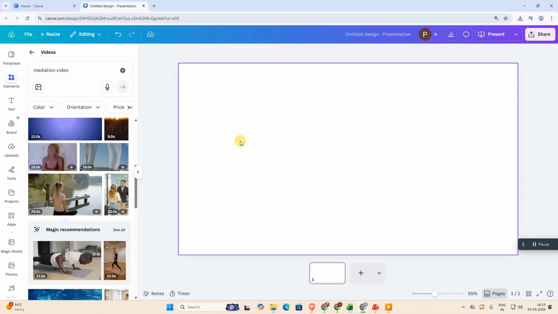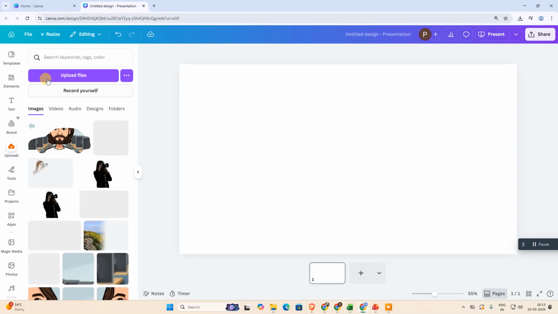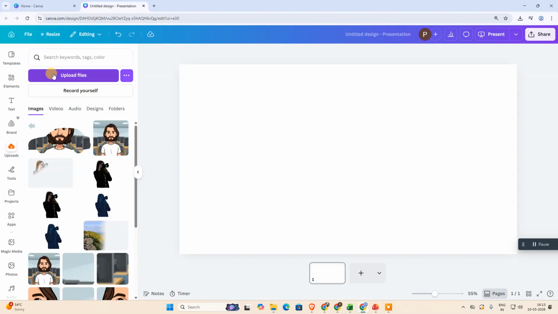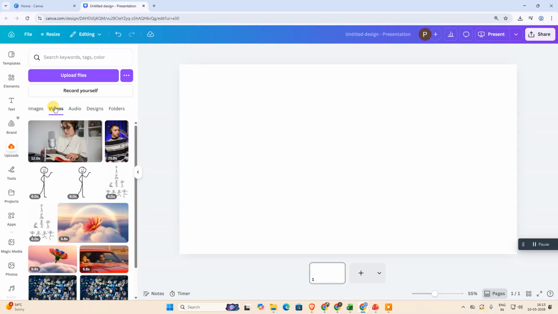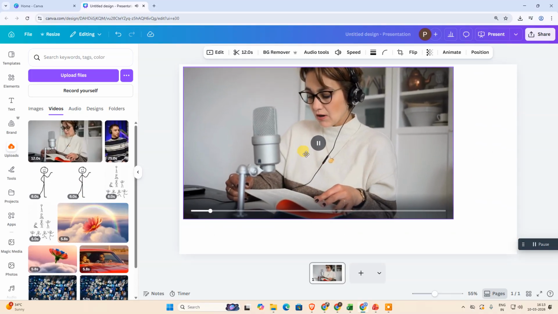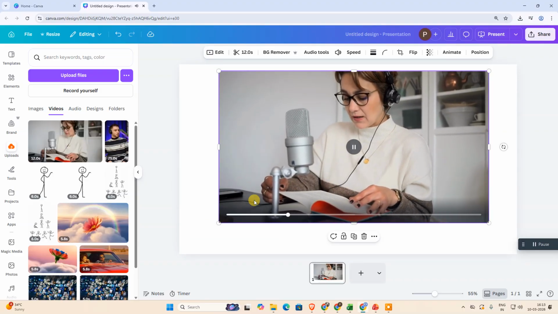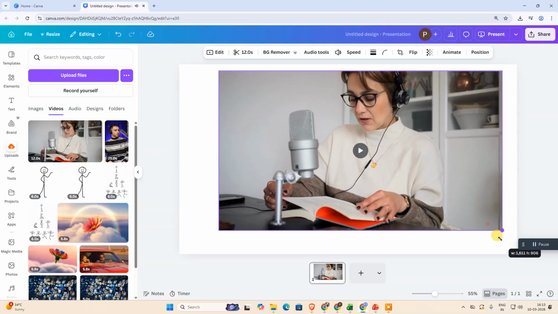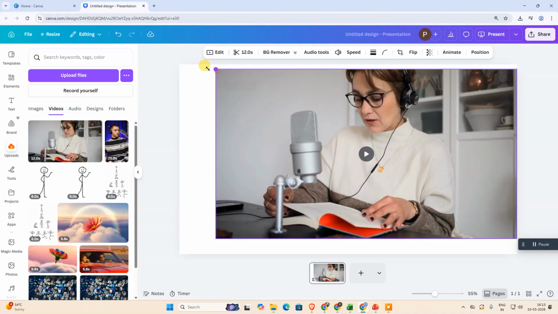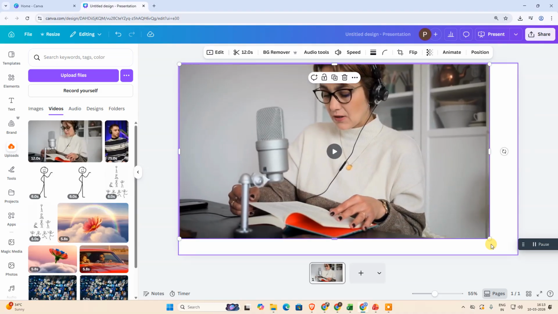Or you can go to the uploads and upload your own video. After you upload a video, you can find it here, or you can go to the videos only. Under the videos option, you can see all your uploaded videos. Now select any one and put it here. Okay, now you can set the size